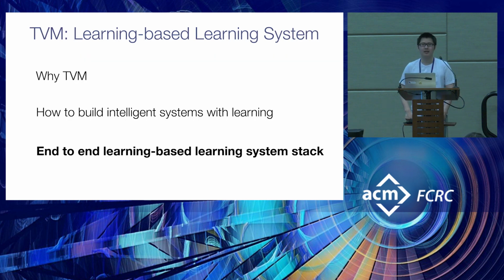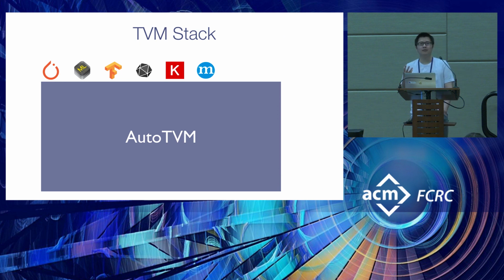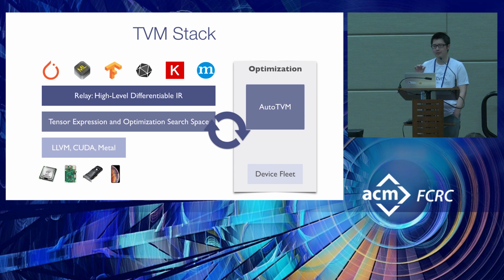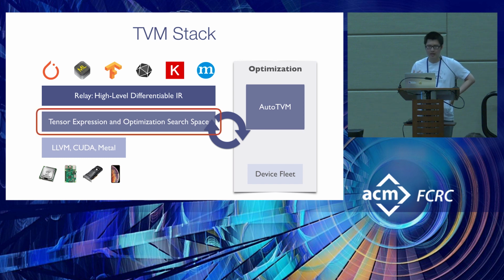Okay. I've talked about the learning-based component. Let's talk a bit more about how we can build the system stack that can be combined with the learning-based optimization to give you the best performance. As much as I would love to say that all machine learning-based automation can solve all the problems, actually this is not true. AutoTVM is one important component of the bigger end-to-end stack of TVM. So today you are going to hear more about each of the components, including AutoTVM, Relay, and VTA that Thierry will talk about. I'm going to tell you a bit about how we construct the tensor expression optimization search